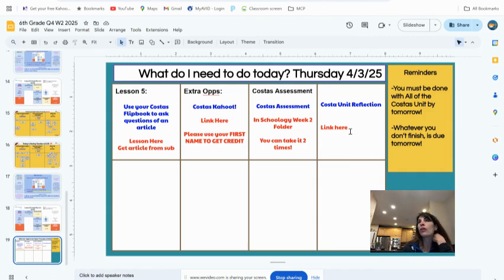I don't think you'll have much more time, but if you do, if you have missing work for Avid or for Core, you need to sit at your table and get that done. If you have nothing else to do, you've done all 4 assignments, you can play chess or NitroType. You are not to be touching my materials. We lost that privilege yesterday as people were moving materials all over the classroom. You can earn it back next week when I return.